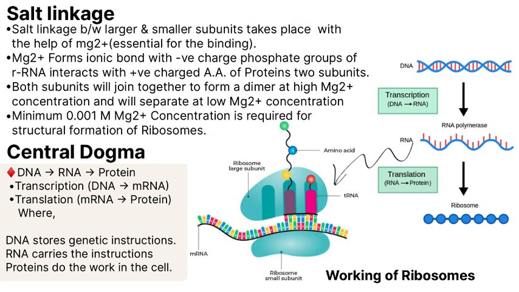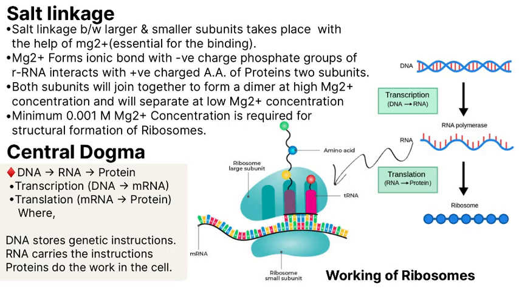Then we have the salt linkage or the salt bridge, which is a very important concept of organic chemistry, and it also becomes important in terms of biology when it comes to ribosomes. So let's see what these are. The salt linkage is a type of non-covalent interaction or bond that occurs between oppositely charged groups in biological molecules, such as, in the ribosomes, the proteins or the nucleic acids.